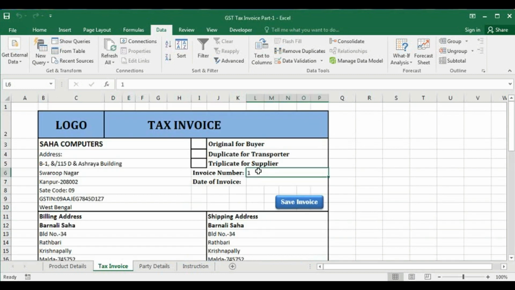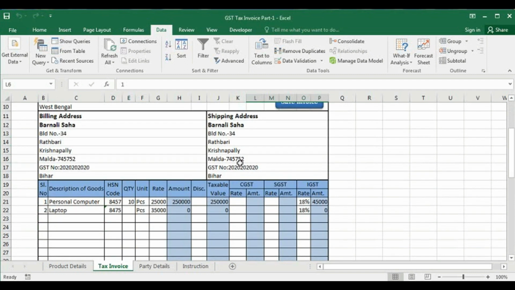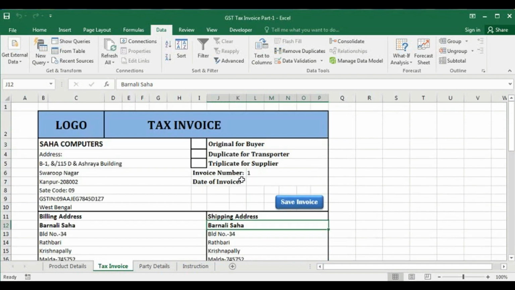This is L6, and if we enter a new column here, it will be M6, and as this is now J12, as we insert a new column, it will be K12. So we have to change the VBA code also for this part and this part.